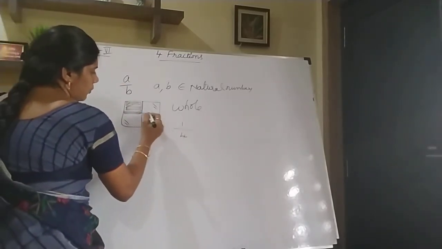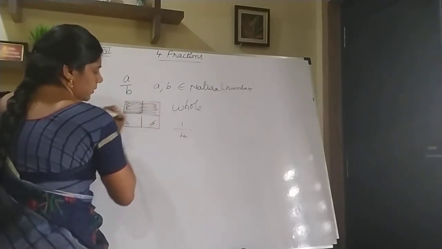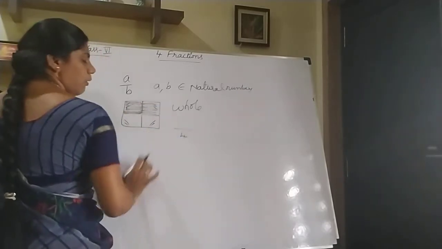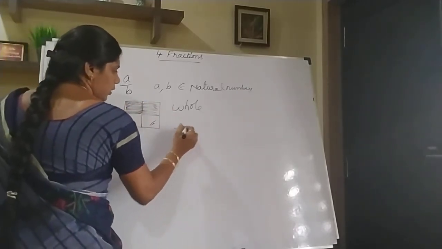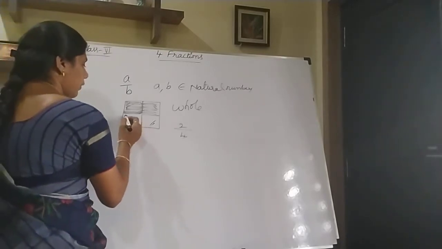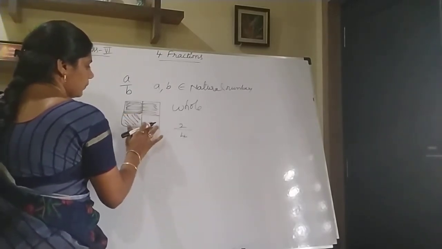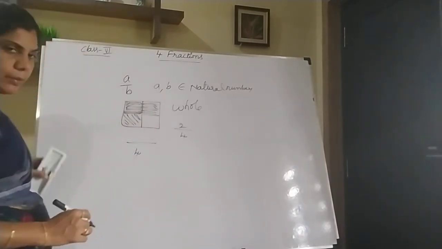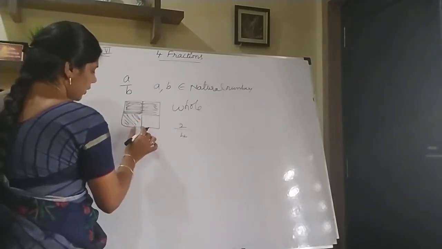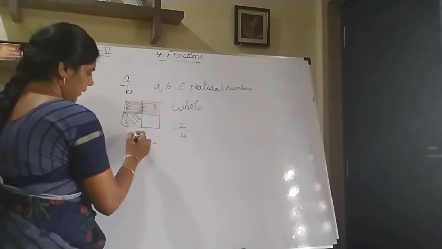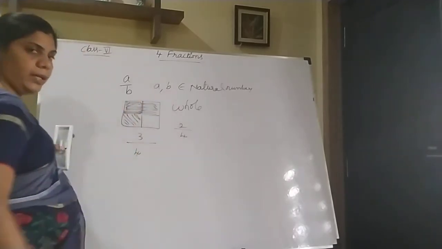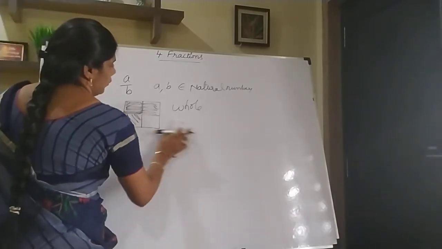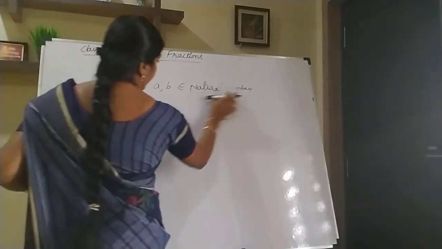If you want to talk about these two parts, in the numerator you have to write that many number of parts. Here how many? 1, 2. So 2 by 4. Now if you want to include this one also, that time also same. In the denominator place the total number of parts, and in the numerator write how many parts you want here. See, 1, 2, 3. 3 by 4. So, like that, you have to write parts here, these fractional numbers.